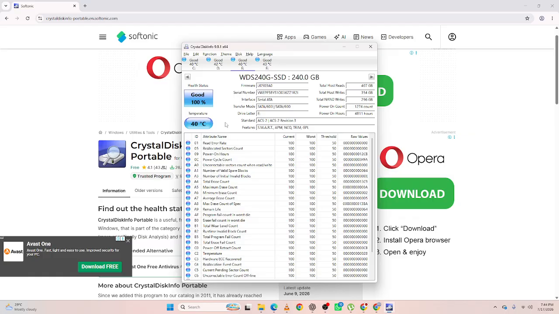And that's how to check NVMe SSD health with CrystalDiskInfo. By monitoring your drive's health status, temperature, and SMART information, you can keep your NVMe SSD performing reliably and reduce the risk of